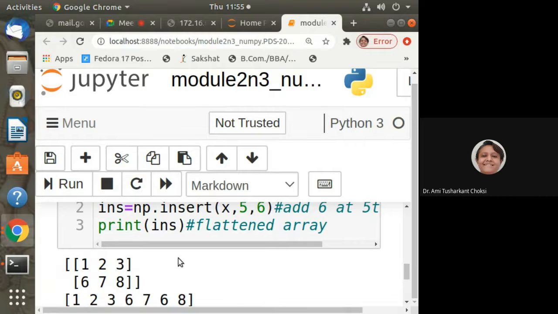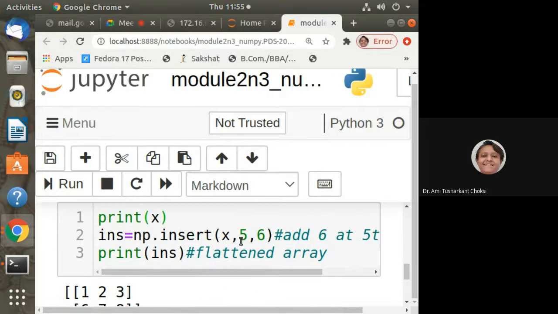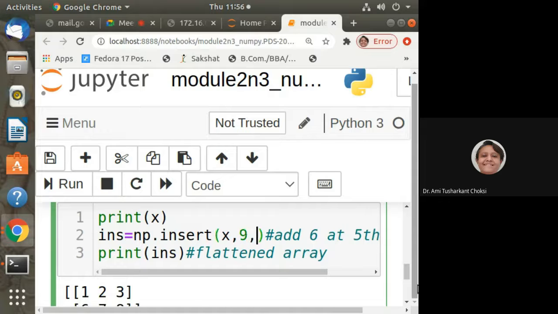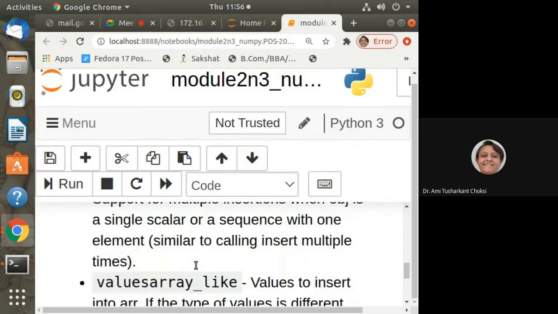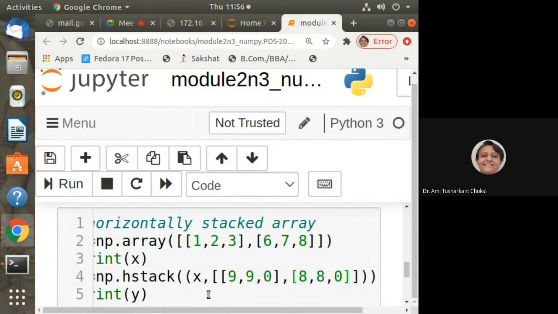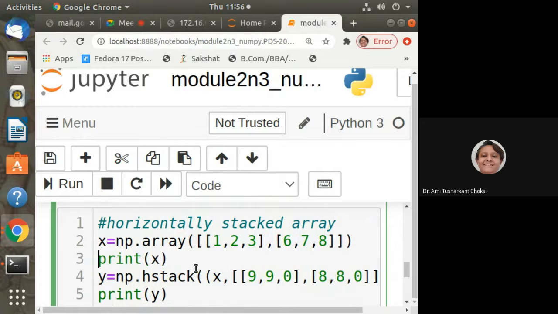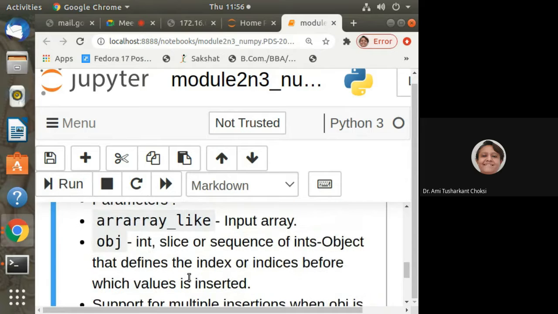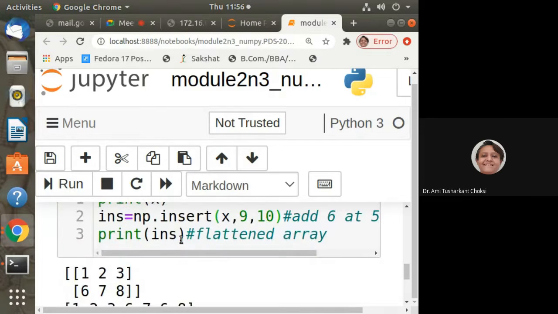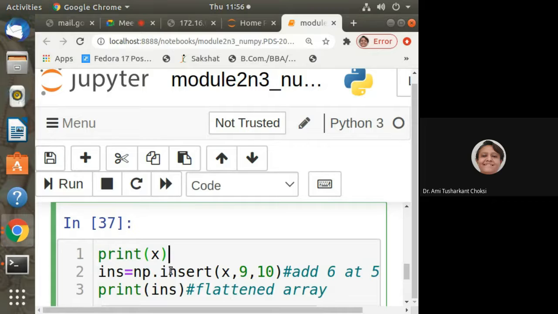Now instead of 5, 6, let me give the values 9, 10 so it will be different and we can understand. Let me run this again. What is our X, and after inserting, what is the value?